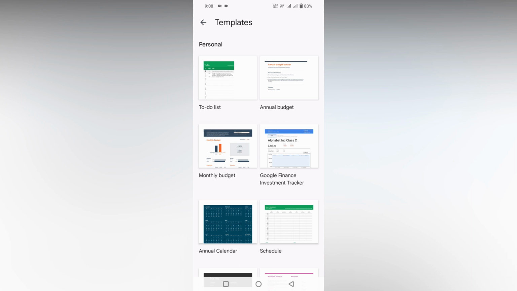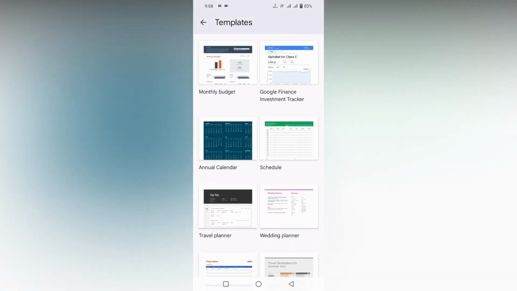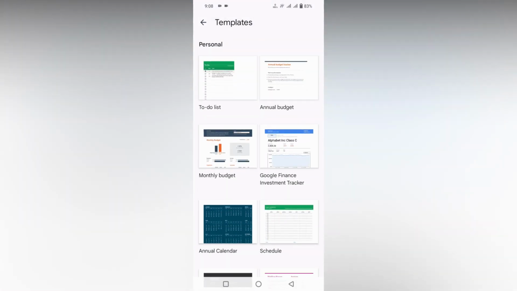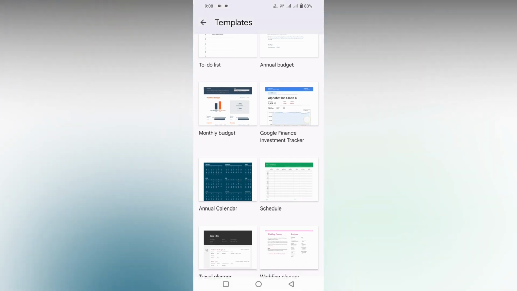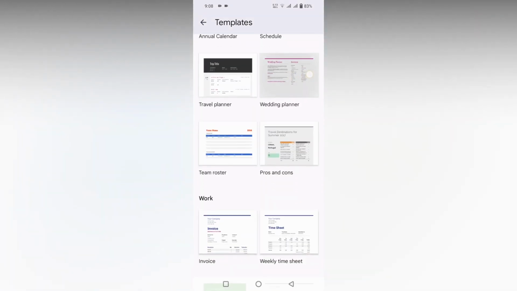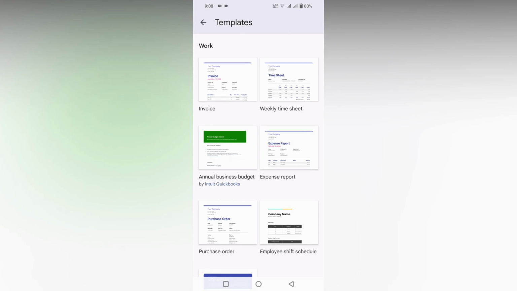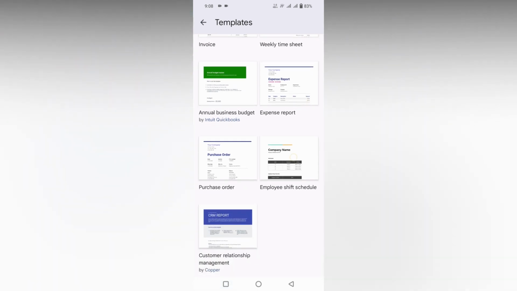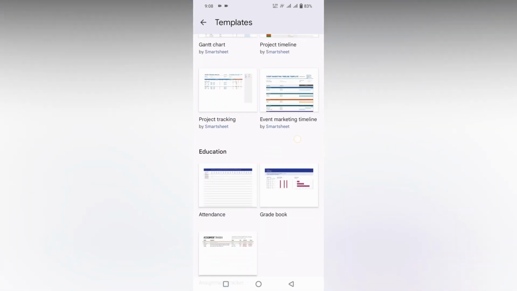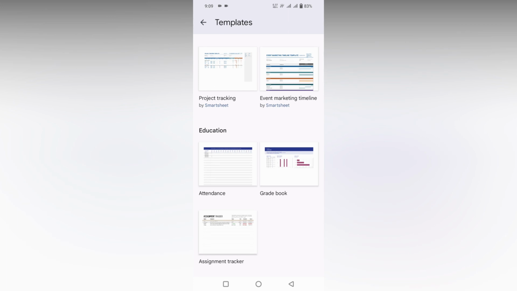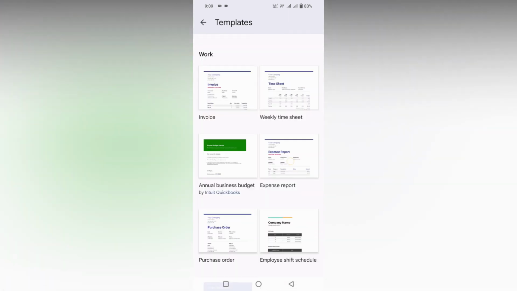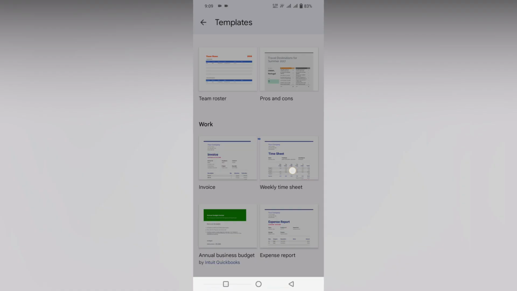Here you will see a lot of templates. You just see an option called budget and Google Finance investment like that. Just scroll down, you will see weekly timesheet, expense report, and a lot of things are here. So you can see attendance, grade, and you can just make a schedule plan from here by weekly timesheet like